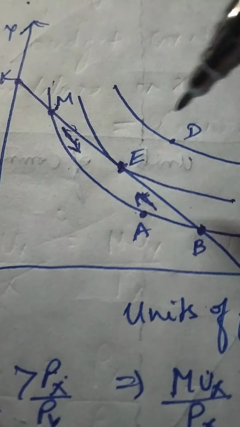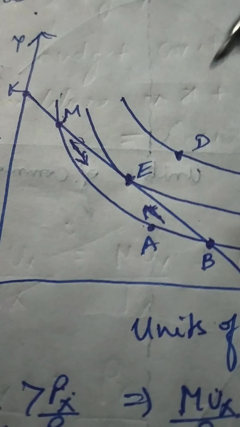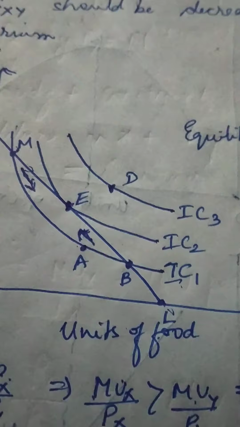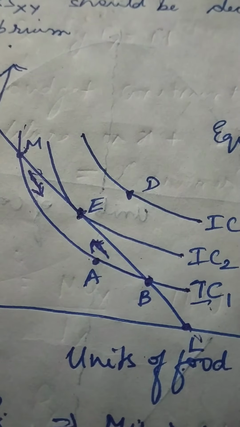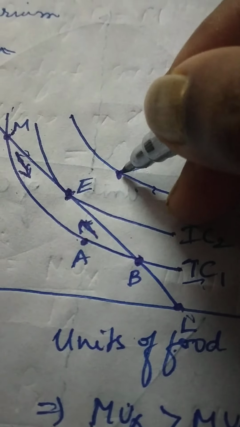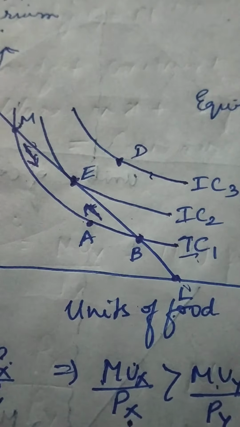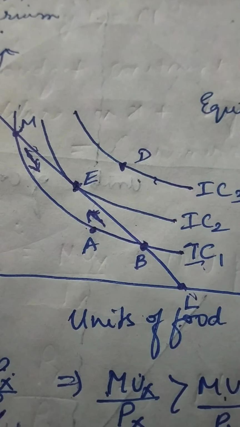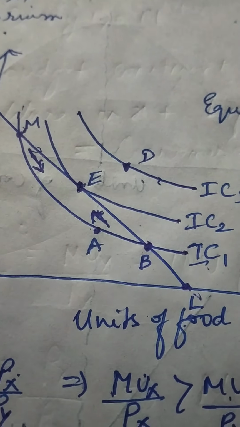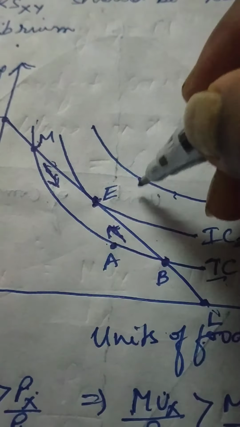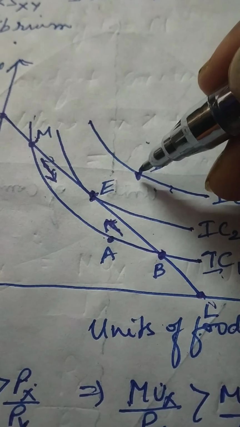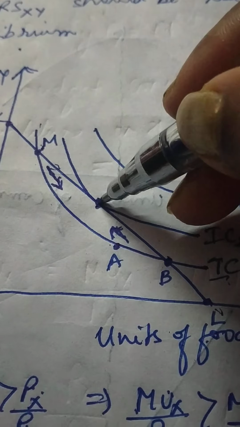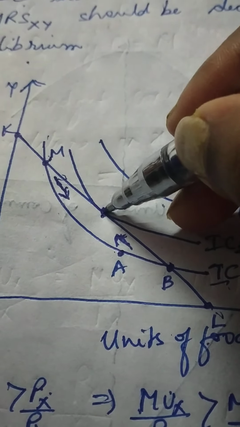Now, let us look at the other commodity bundle, say point D. Point D is on a higher IC3. So, the consumer is supposed to get the maximum utility here because the commodity bundle lies on the higher IC. But still, he cannot get this commodity bundle. Why? Because it is not affordable. Any bundle outside the budget line is not affordable, unattainable. So, commodity bundle D is rejected. The only one left is here, commodity bundle E.